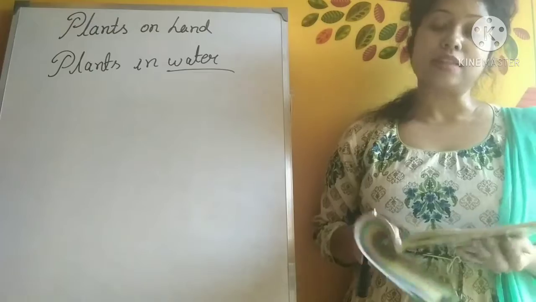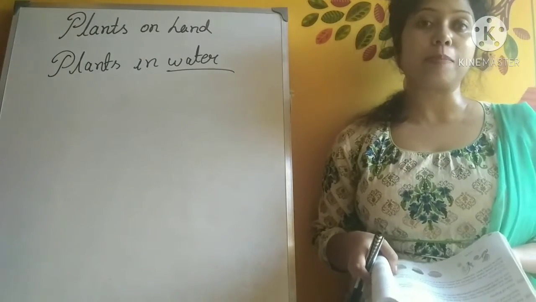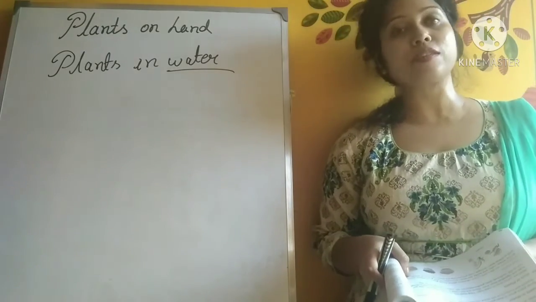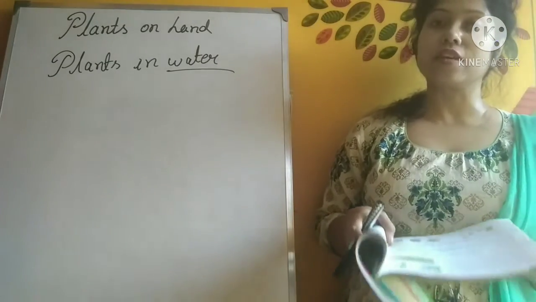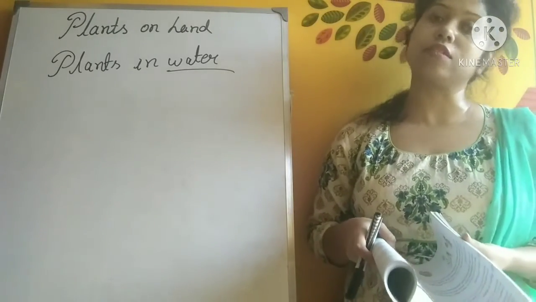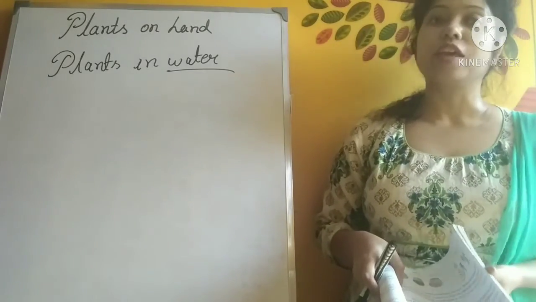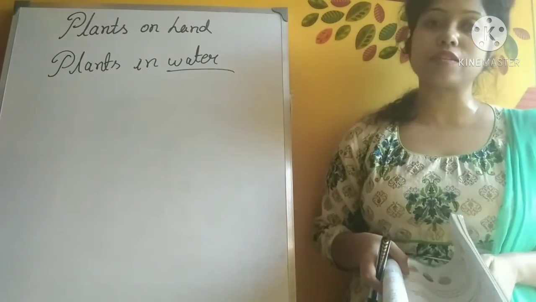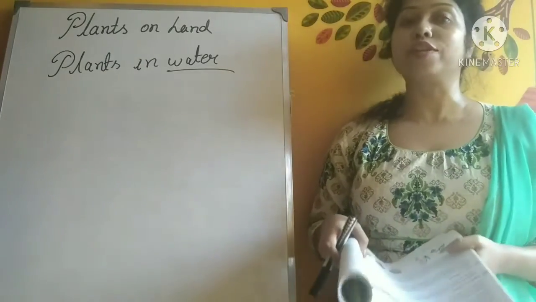The other thing I want to let you know is that please practice the parts of the plant drawing. You can practice by drawing by yourself, you can color it, or also you may get labeling. During the exam, you may get to label the parts of the plant. This kind of question may come. So it's better to start practicing from today only. You may draw that picture using only a pencil and eraser, or you may also color it and label them. So this is the work you will do today only.